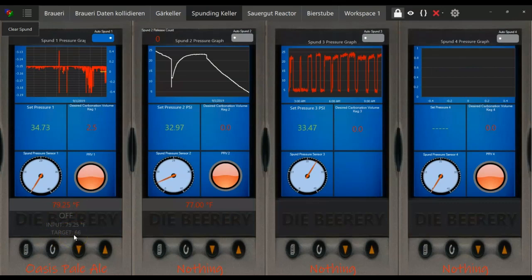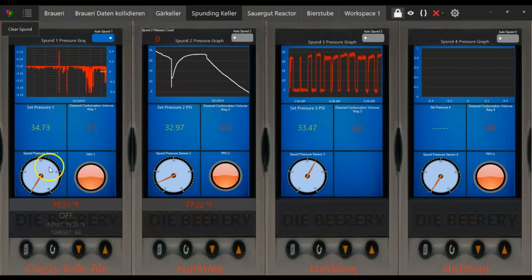So now, if this was a real beer, it would be transferred based on this set pressure, which is going to vary with temp. This has an on delay because it's actually in a chest freezer. Based on the temperature and the set pressure, which is 66 degrees, is going to be in the mid-20s probably,